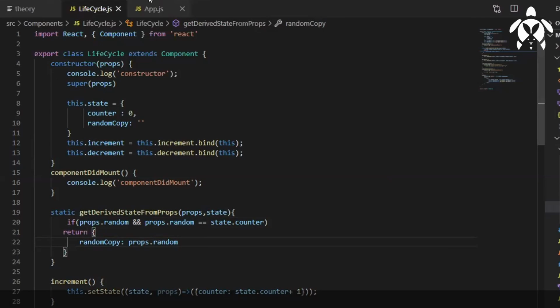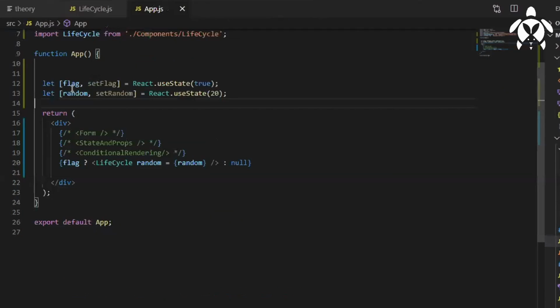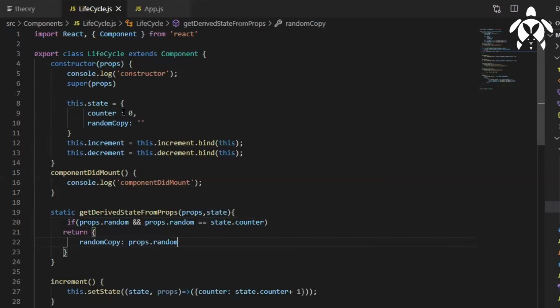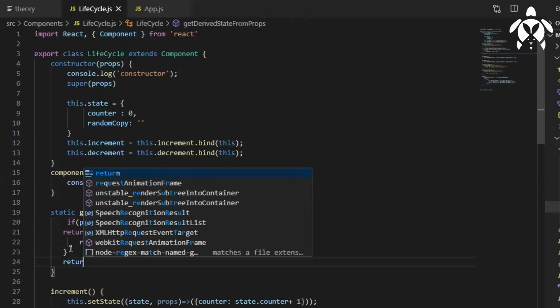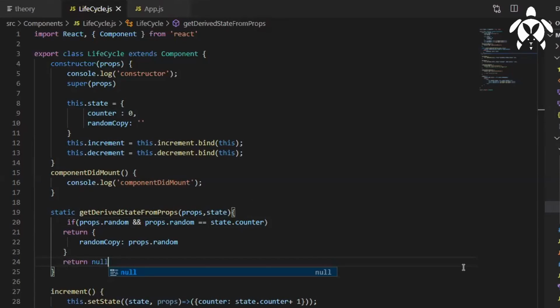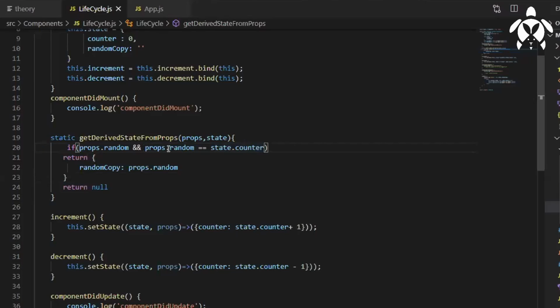I have passed the data here as random, so it is 20. My counter is now set to 0, so I will increment it till 20. When they both match, then only you copy the data, otherwise don't. In other cases I will just return null, but if this is true, then the data will be copied. So let's see that.